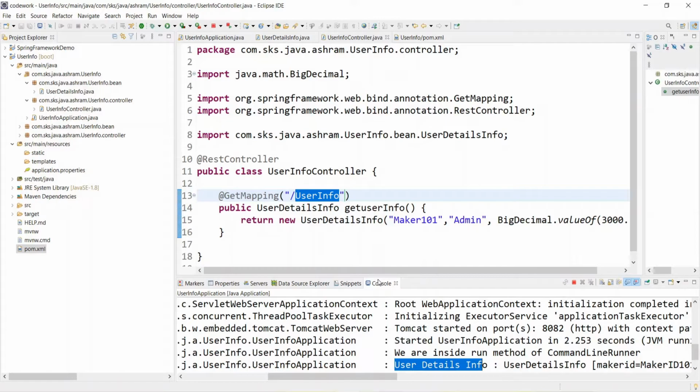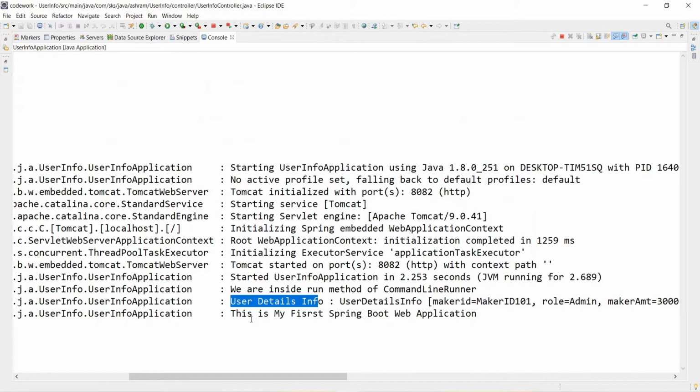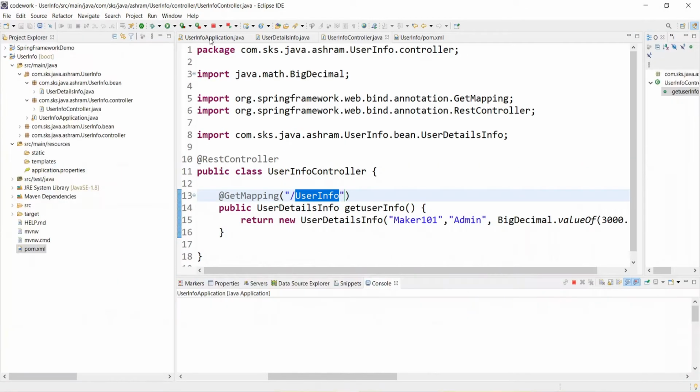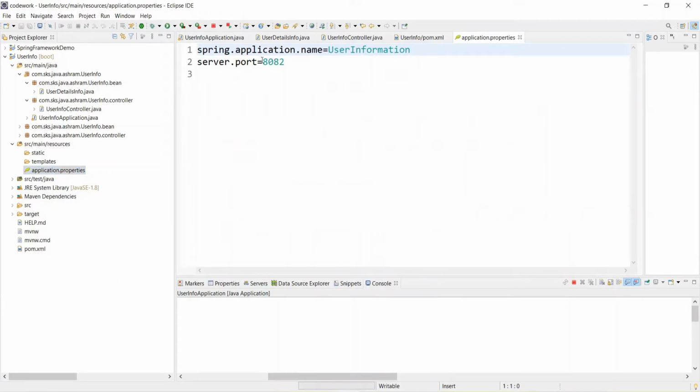So our application got started. Tomcat server started on the port 8082. Why is 8082 coming? Because in the application.properties we have mentioned 8082. If we are not mentioning it, it will run on the port 8080. That's why it's running on port 8082 over here.